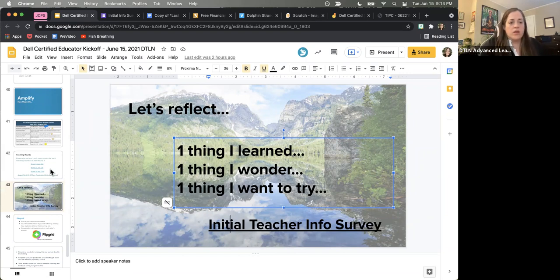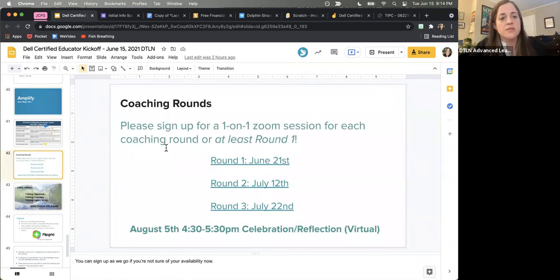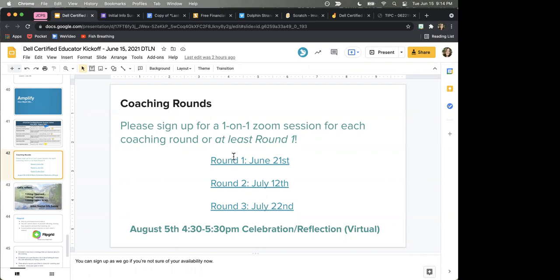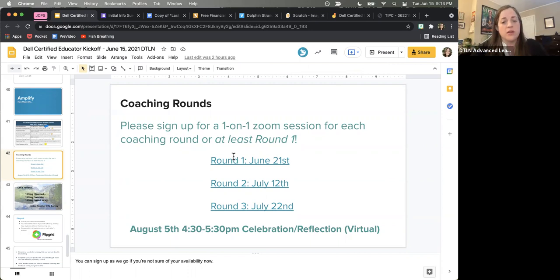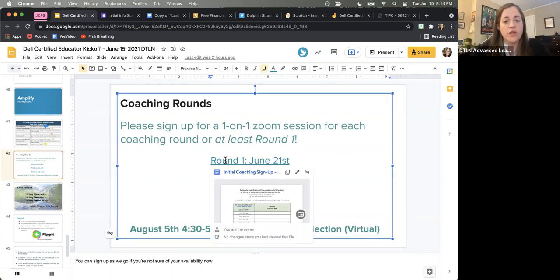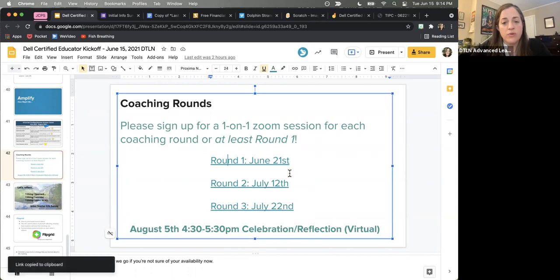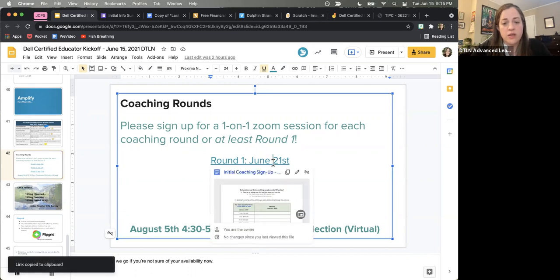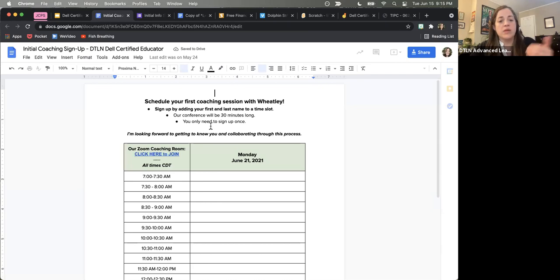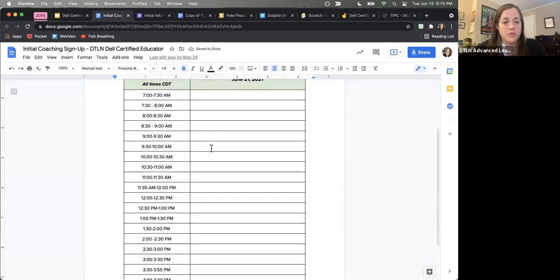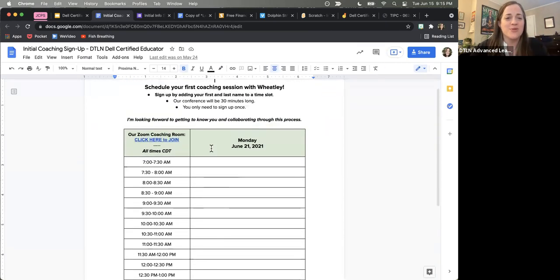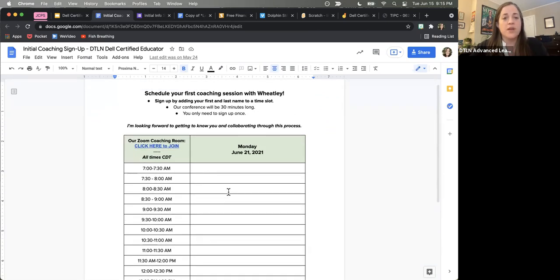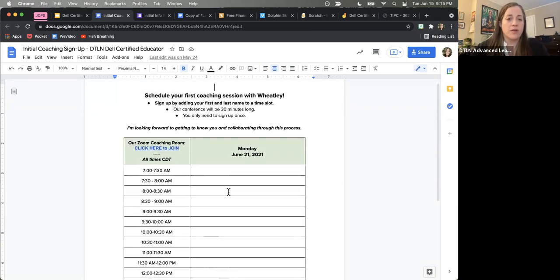And this, I don't know how I skipped this, but this is also in the slides, but again, we're gonna have to work on this. This is all the coaching rounds sign-up sheets. They're also in your collaborative planning document if you're clicking through that. So if you click on round 1, for Monday, it gives you a document to sign up to meet with me. So this whole day has been set aside as possible coaching times. And you just pick a half-hour window and just type your name in there.